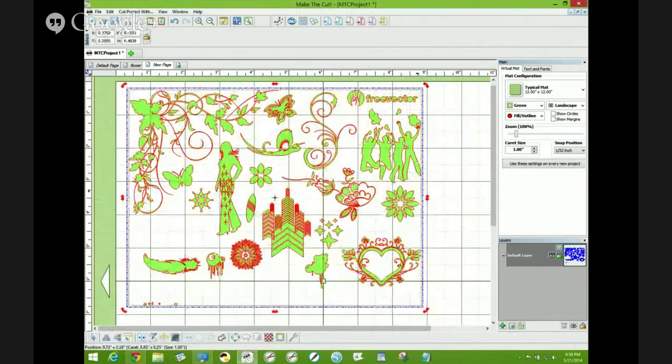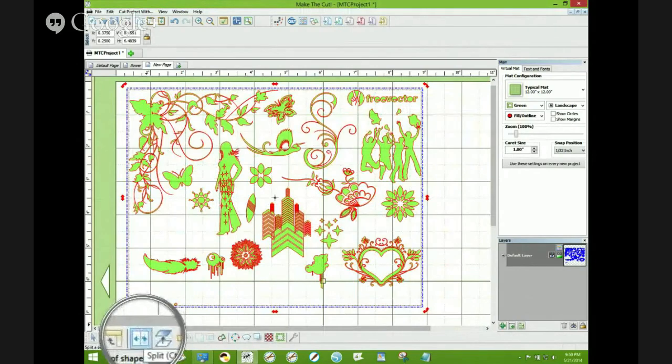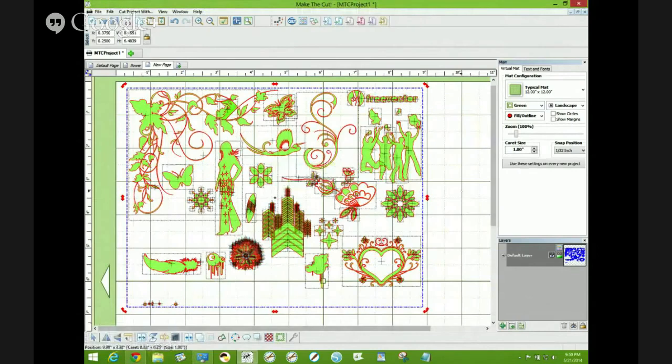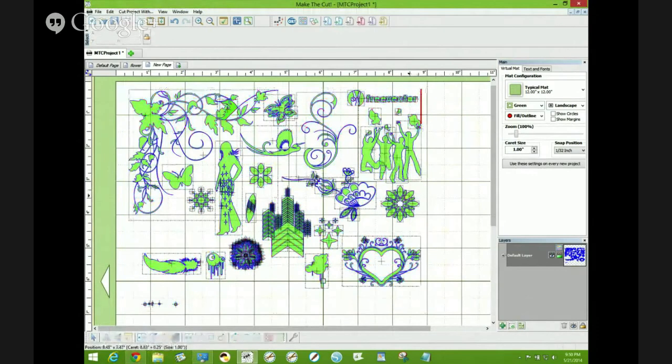Yep, and then in order to separate them, you'd have to go back in there and go down to split, and then it splits them. And now each piece is individual. See? Yep. So that's why when you select them, then you have to go back. Then you have to go back, and you'd have to go to join right here. Yep. So right there, she's isolating the pieces that she needs, and then she hits the join button. Now I was wondering if you could go back to your other